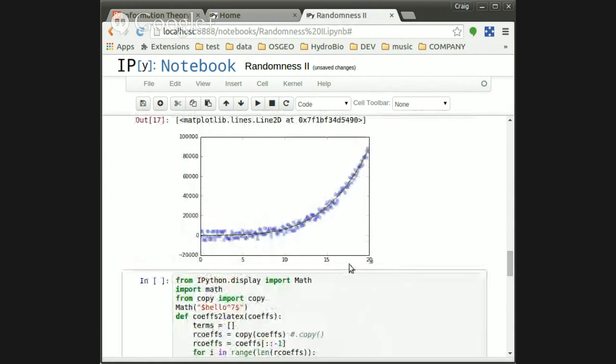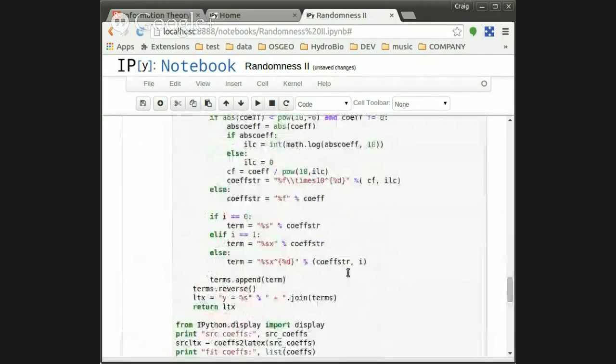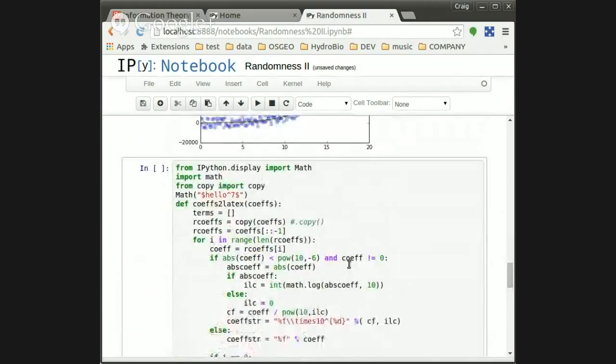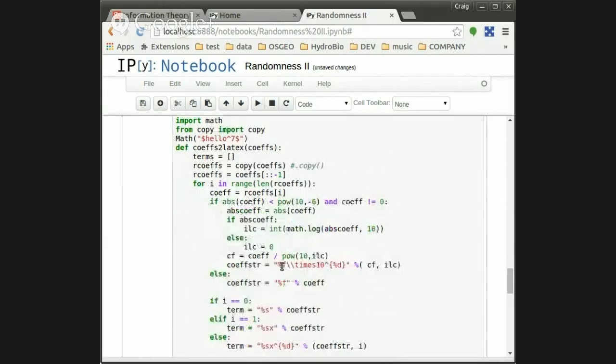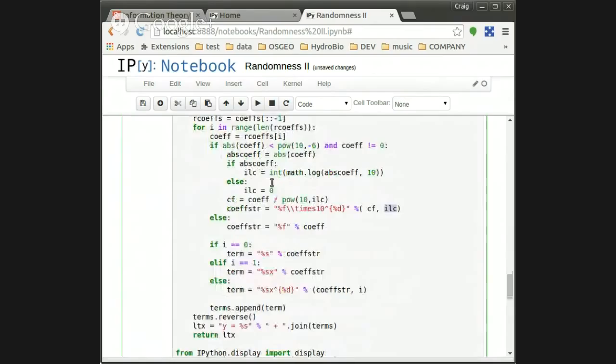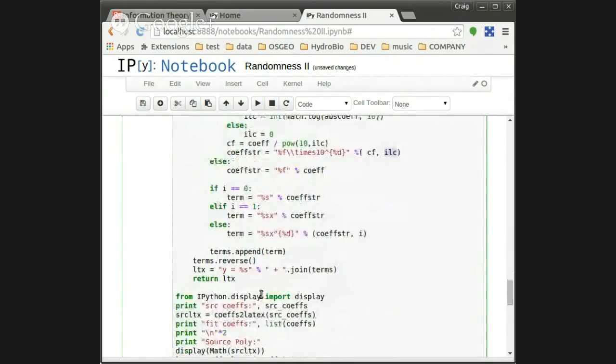Okay, now let's come down here to where we can look at the polynomial. Now, InventiveHarvest was kind of curious how this works. Now when I teach how to format strings, I'm going to teach the proper modern way, but I'm used to old-fashioned format strings. So this %f is saying put a floating point there. Where does it get the floating point? Well, it's the first format thing, and here's the first thing it's given, so it'll put that in there and format it. This %d means it's an integer, and it'll put that in there. So I go through and I build this string that I happen to know is in a special language called LaTeX, and then